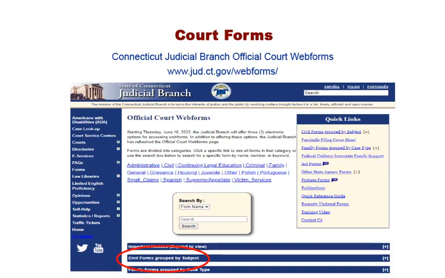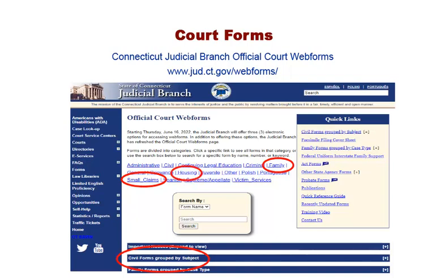For Form JD-CV-51, on the Official Court Web Forms page, click on Small Claims in the listing at the top of the page. Scroll down the list of forms to number 51 and click on the PDF link on the right. For Form JD-FM-206, on the Official Court Web Forms page, click on Family in the listing at the top of the page. Scroll down the list of forms to number 206 and click on the PDF link on the right.